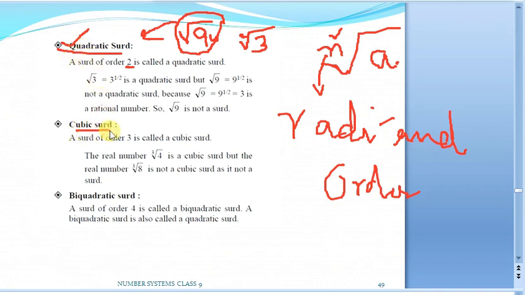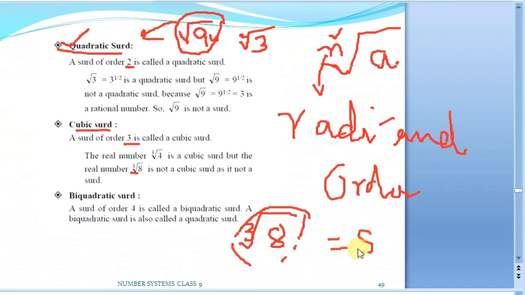Now what about a cubic surd? The order will be 3, for example cube root of 4. Suppose you consider cube root of 8. Is it going to be a cubic surd? No. Why? Because it is not a surd at all. Even if it satisfies this form, the entire result won't be an irrational number. If we simplify it further, how can you write it? It will be 8 power 1 by 3. That is what I told in the beginning, this is the standard notation we can use for nth roots. So if it is a cube root, I can write it as 8 power 1 by 3.